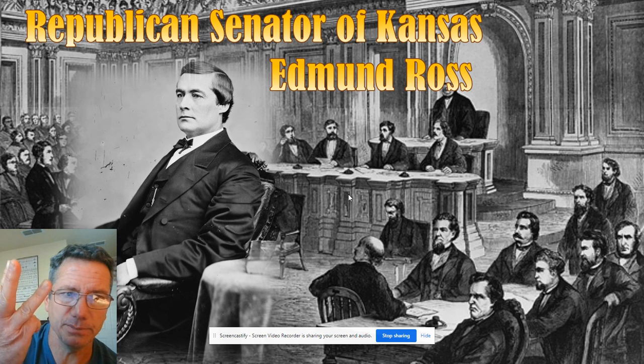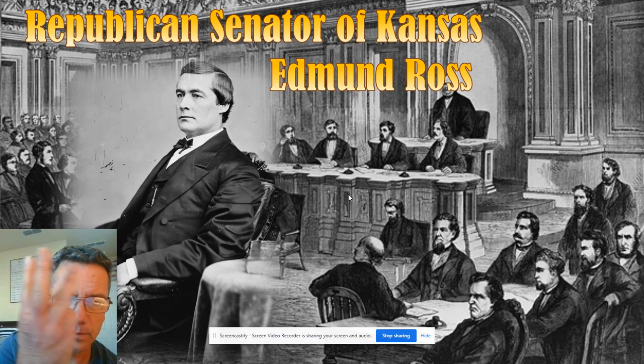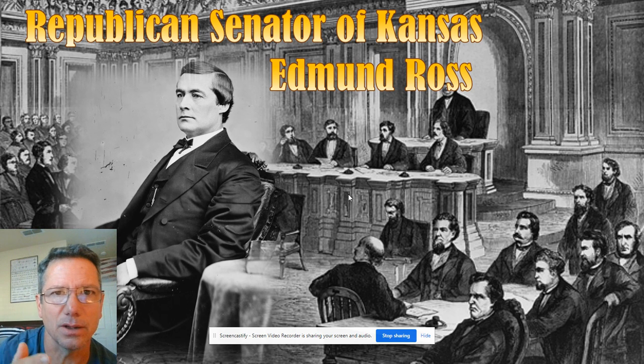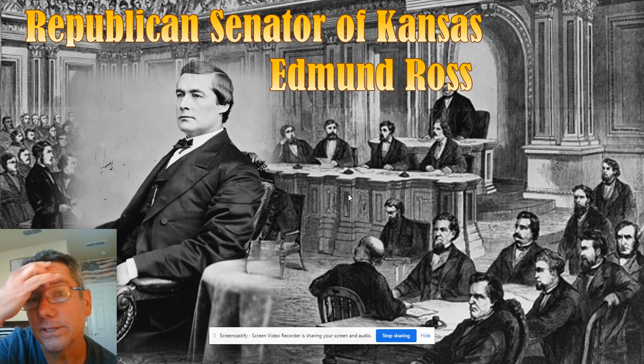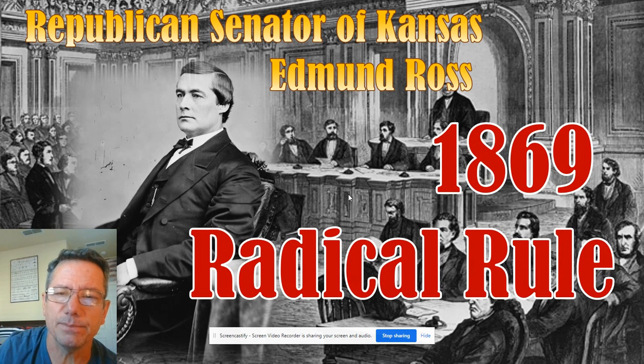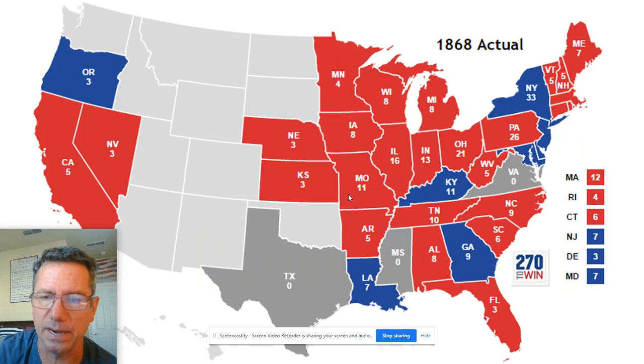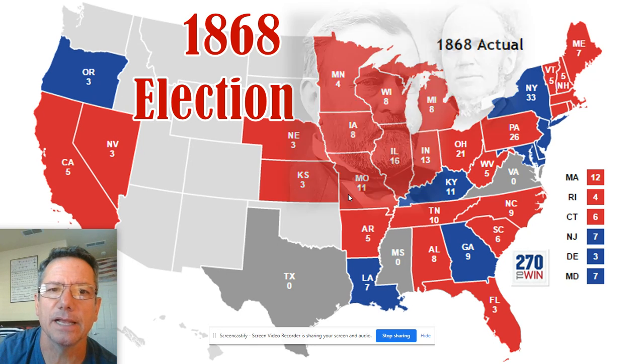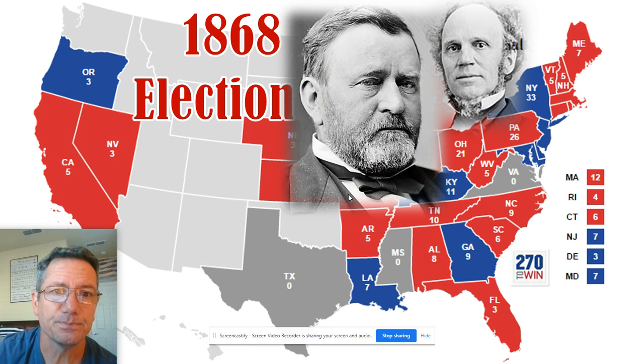So we've had 3 presidents impeached. I don't know if you're going to call it a Holy Trinity, but 3 presidents impeached, not one of them been found guilty. So eventually in 1868, Andrew Johnson, for all intents and purposes, is just dead in the water all the way to March 4th, 1869, when Ulysses S. Grant will take over. And in the 1868 election, it's going to be Ulysses S. Grant against Horatio Seymour,